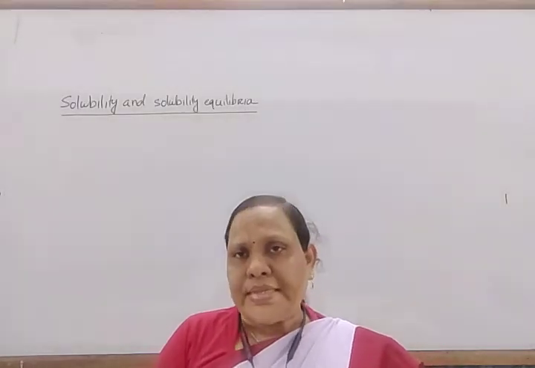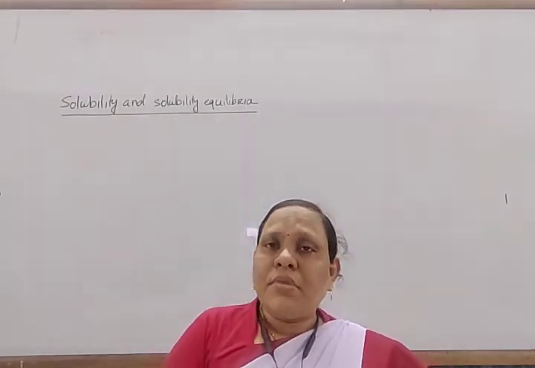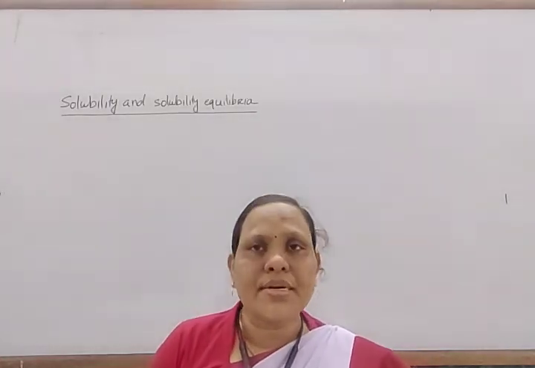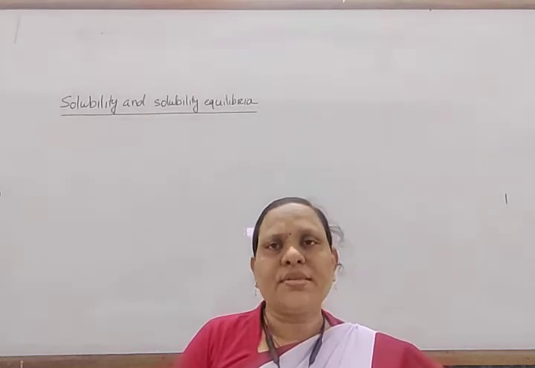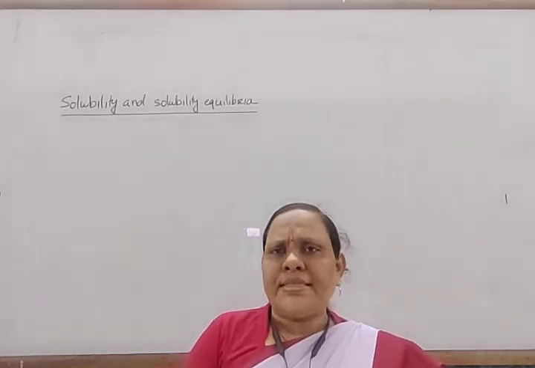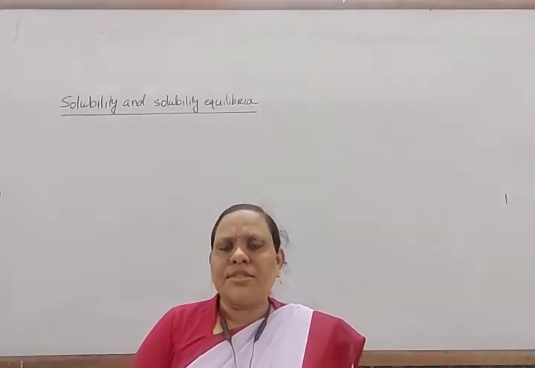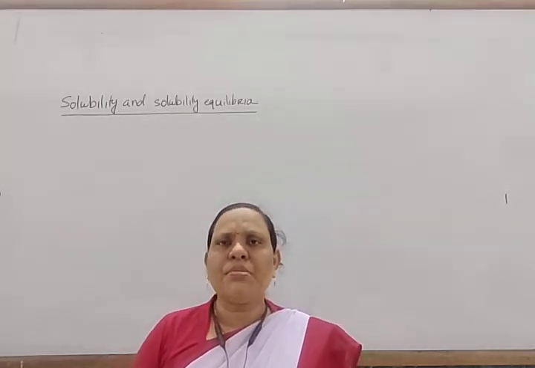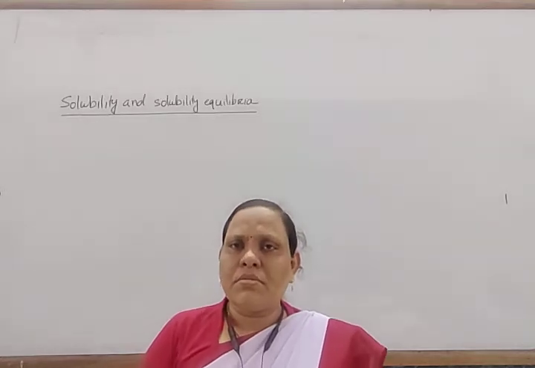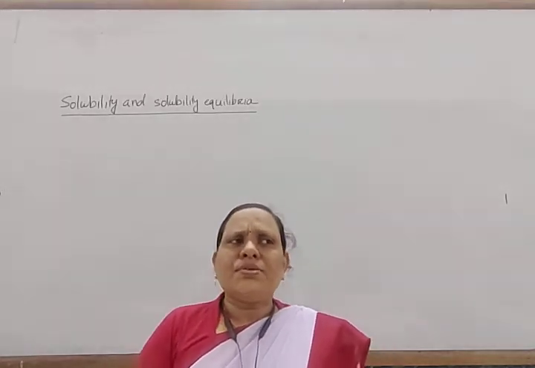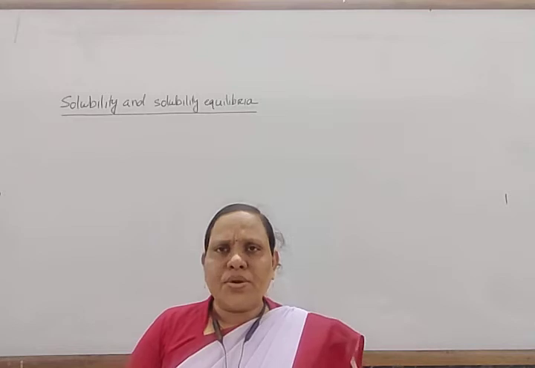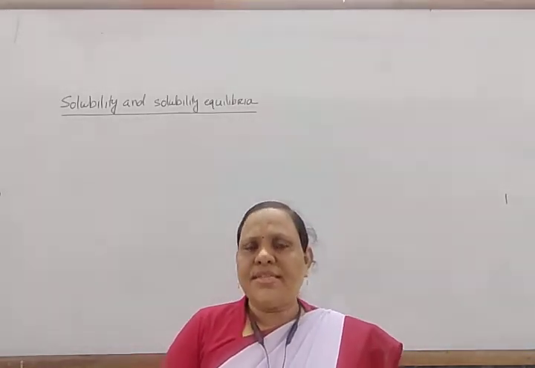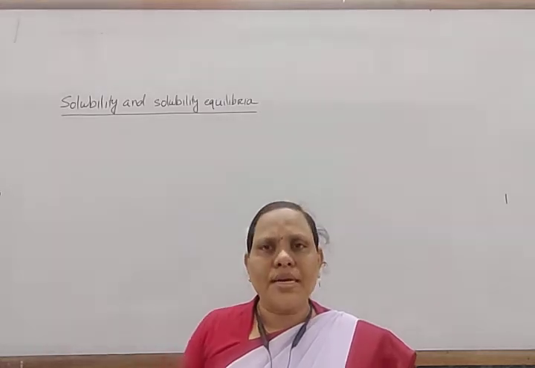Solubility means the amount of solute that can dissolve in a fixed amount of solvent at a particular temperature. A solution generally consists of minimum two components. It is a homogeneous mixture of minimum two components, and maximum components may be there. There are two components, one is solute, one is solvent. Solute may be in solid, liquid or gaseous phase, and the solvent may also be in solid, liquid and gaseous